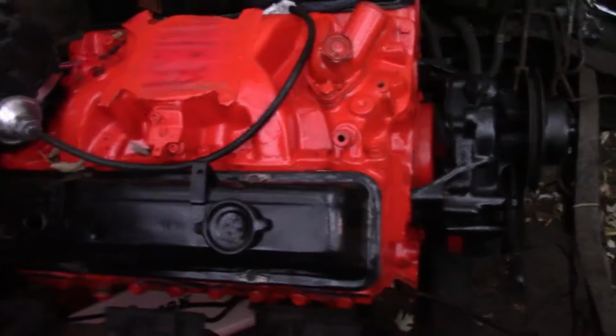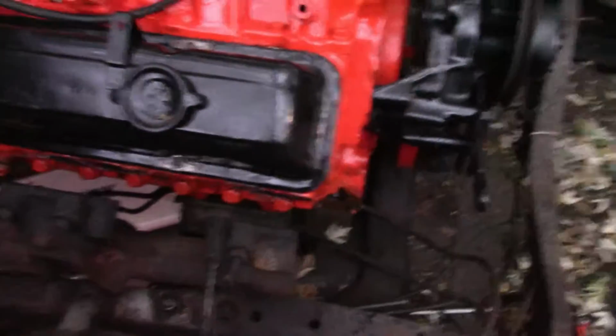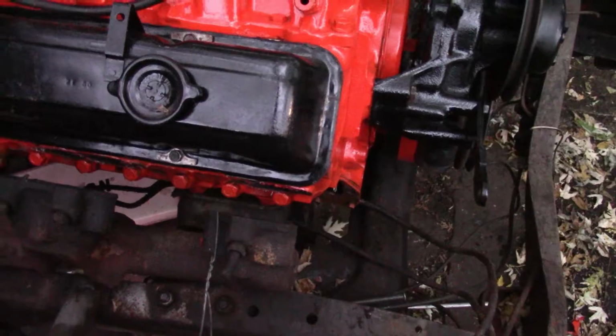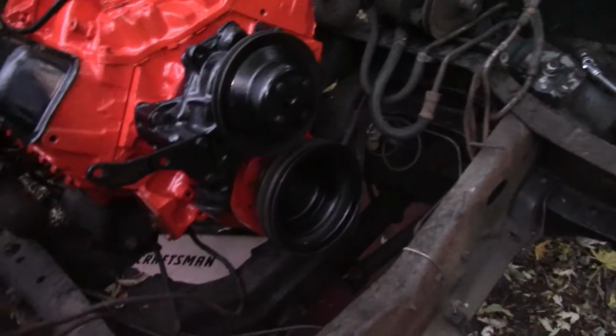It wasn't too bad. I'm out here on my own doing all this. I still got to get the exhaust manifold gaskets. Hopefully I'll have time tomorrow to get them. It's supposed to rain all day, so I won't be able to get any more work done to it this weekend, probably maybe Sunday. I've got to get the exhaust manifold gaskets, the fuel pump back on it, the alternator, the accessories all hooked up, and